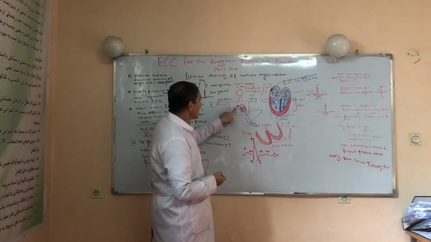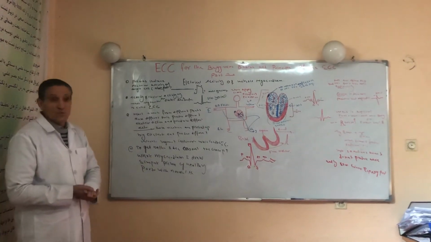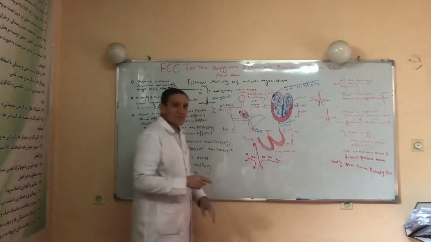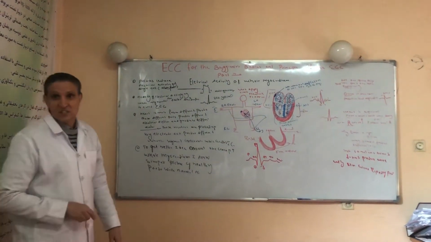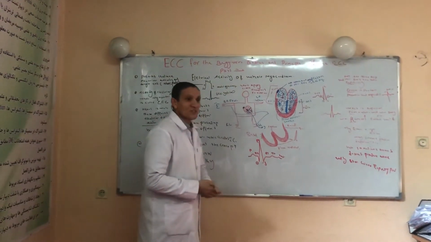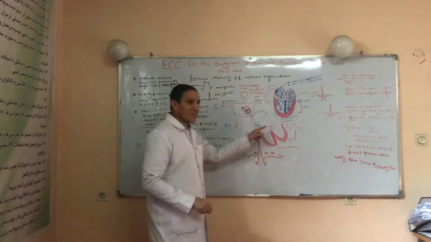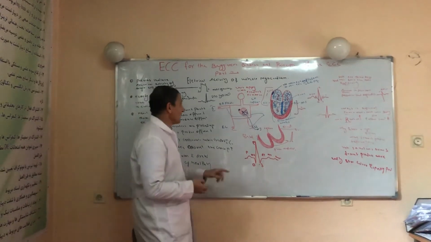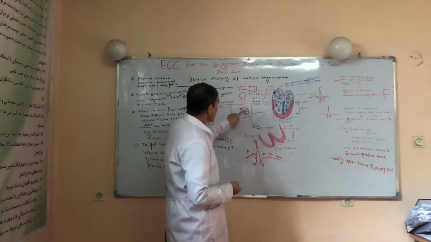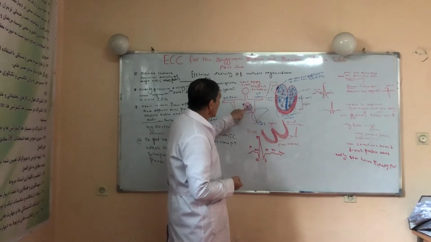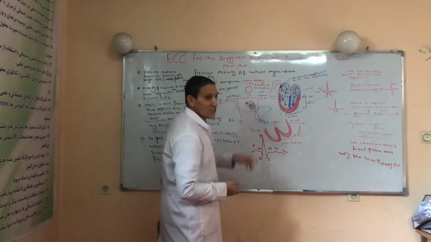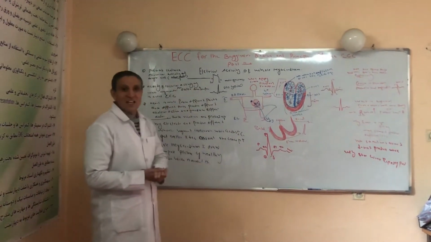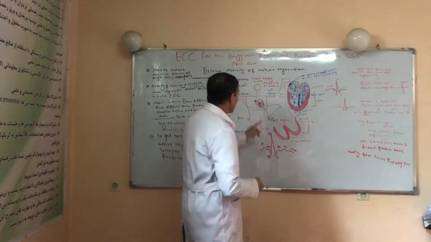And therefore the SA node does not produce enough electrical voltage to be detected by the electrodes attached to the body surface. From the SA node, nothing can be transmitted to the needle of the ECG machine, and therefore the SA node does not produce any waves or deflection on the ECG paper. But remember, the SA node is one of the very important electrical events, because the SA node produces an electrical impulse, and this impulse depolarizes the right atrium and finally reaches the ventricle. Unfortunately, we don't have any wave or deflection directly from the SA node. But indirectly we have.